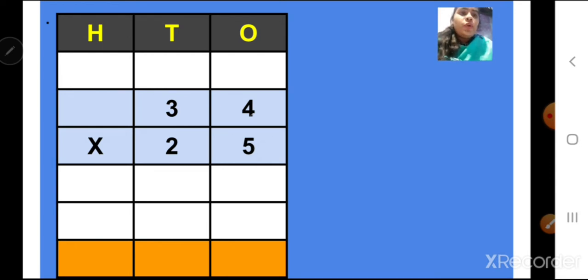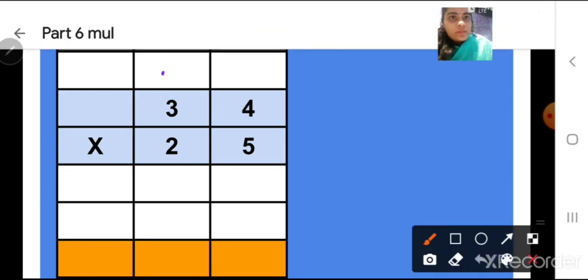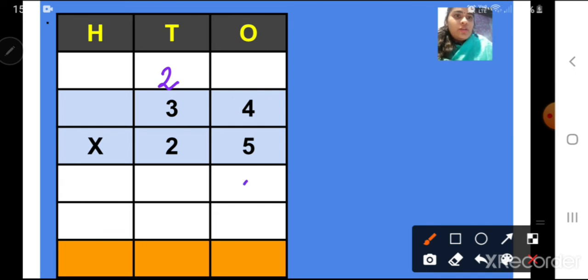Now 5 fours is 20. So 2 will be carried over and 0 we will write down here. Correct? After that, the number 5 we have to multiply with the number 3 at the tens place. 5 threes are 15. 15 plus 2 is 17. So 1 carry, 7 down. Children, at the hundreds place there is no number, so there is no need for multiplication. We only have to write the carry over down, which is the number 1. Now this is step 1. Correct. Now what is step 2?